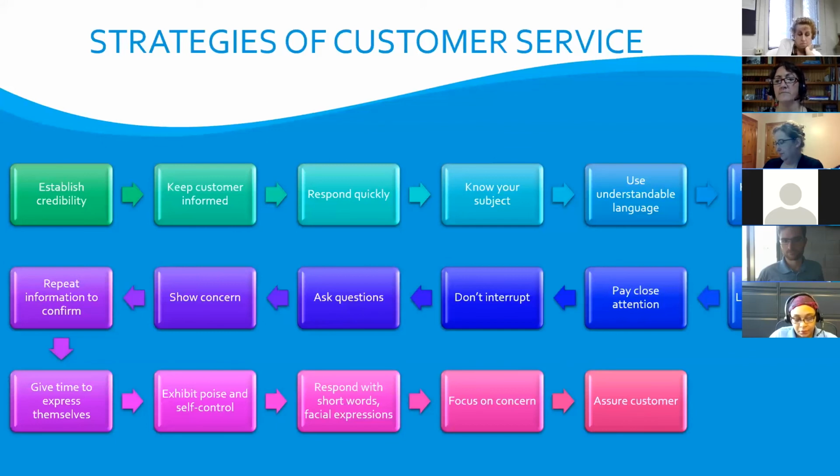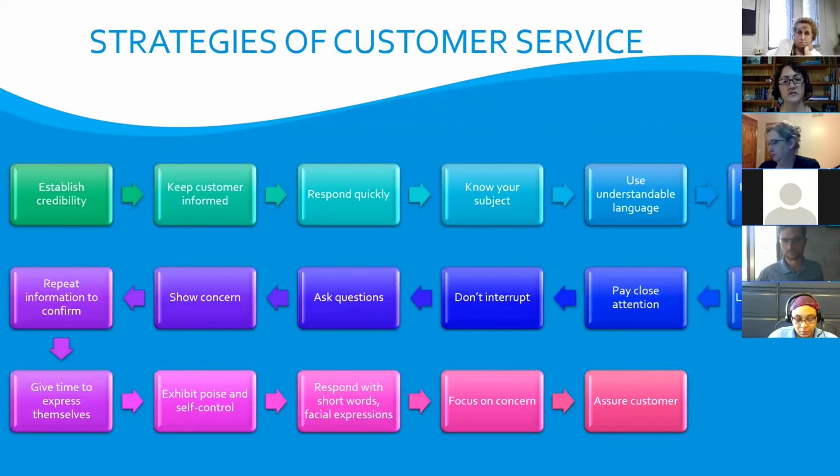And so making sure that you're not making them feel stupid or making it seem like their concern is inconsequential, right? So give them some validity, even if you just need to educate them a little bit. Repeat information to confirm. That's a really important point. It not only communicates that you've been listening, but it also confirms your understanding. It also gives them an opportunity to change their mind, right? So sometimes customers just need to talk it through, and when you say it back to them and they hear it, then they may retract some of the action that they would like you to take. So that's a helpful step.